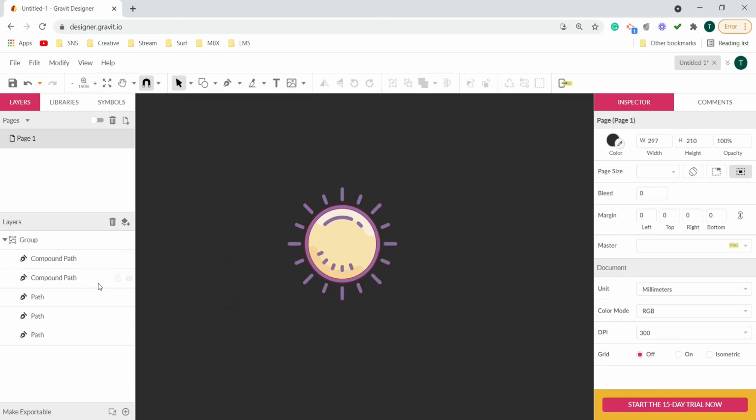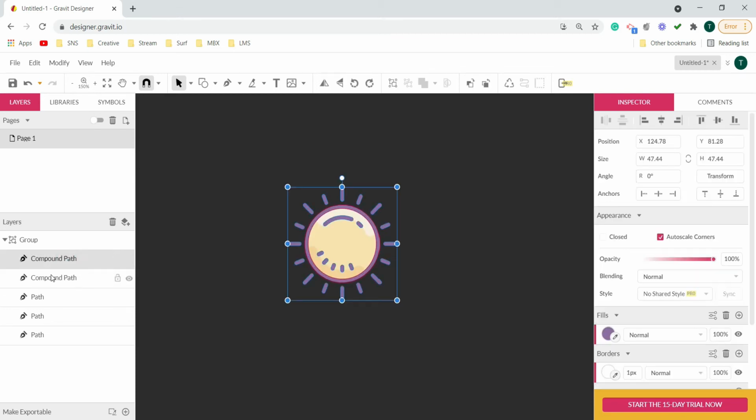Like these are the strokes. This is the outline of the sun, the circular path. Then there is a darker shade of the color, and so on. So within the group, without ungrouping it, I can select the individual shapes and change the colors.